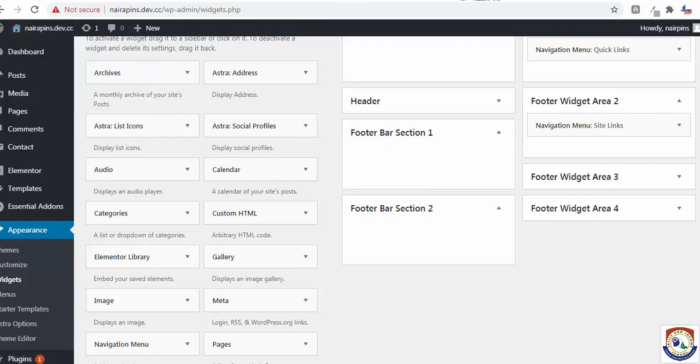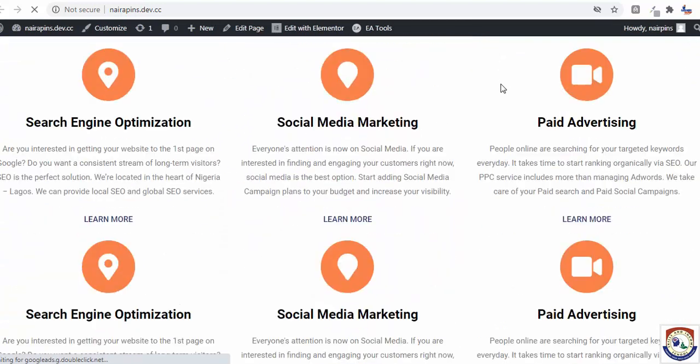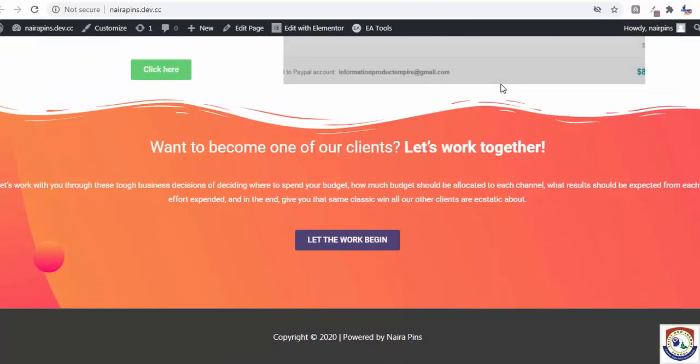Let's see. Open a new tab. Let's see how it's doing now. So can you see it's looking good? Oh, let's see.